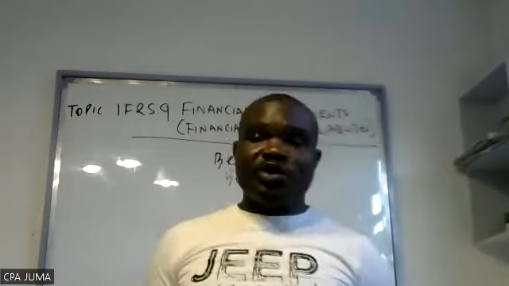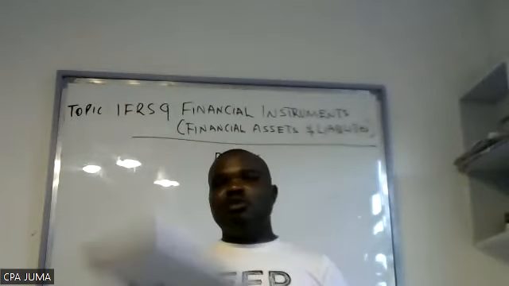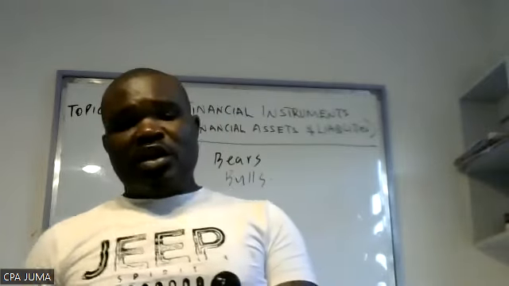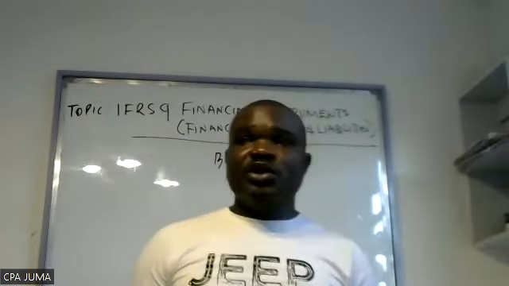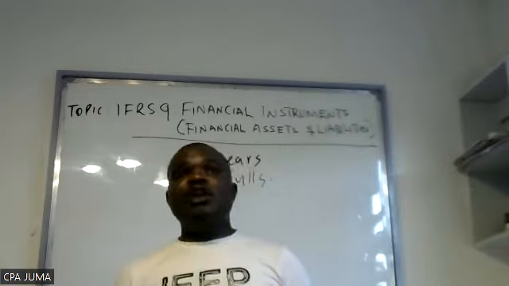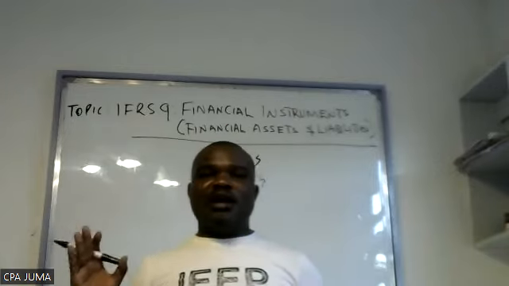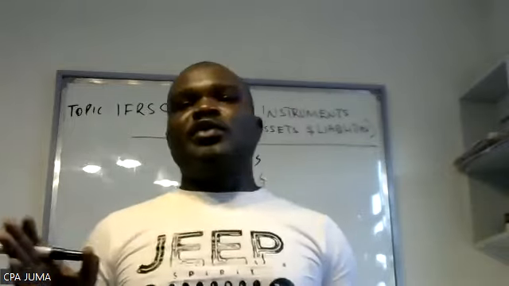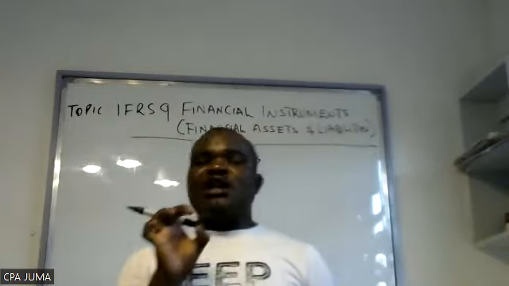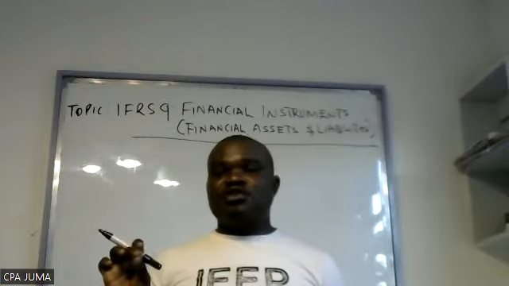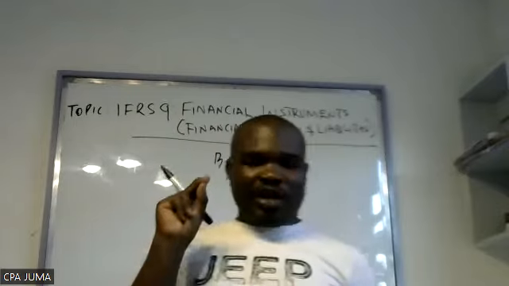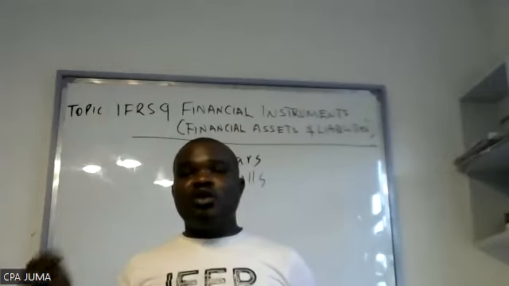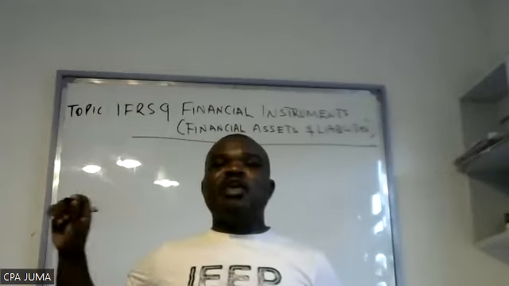So that fluctuation, the bears and the bulls in the stock market, with or without stability, leads to gain or loss in the market value. So the market value here is what we are calling the fair value. So should this short-term financial instrument gain or lose value due to the bears and the bulls, such gain or loss is classified in the P&L.